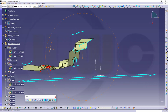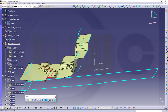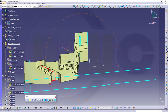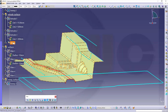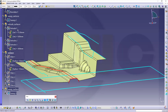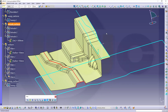That's okay. I could hide this curve and that curve. Seems I had two right there, so hide the other one as well. Now I want to make an extrude with this one and an extrude with that one. So that fillet should be in a different geometrical set here. Go back to our extrudes, make an extrude with this one,